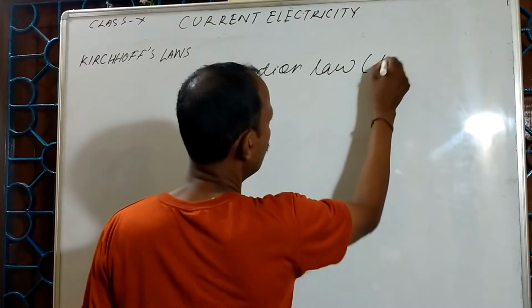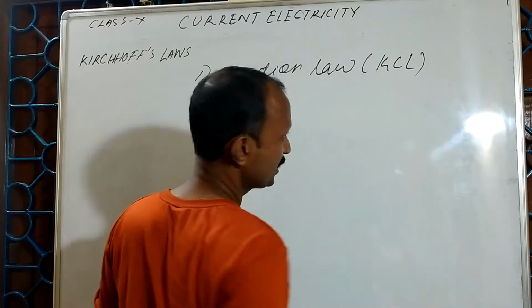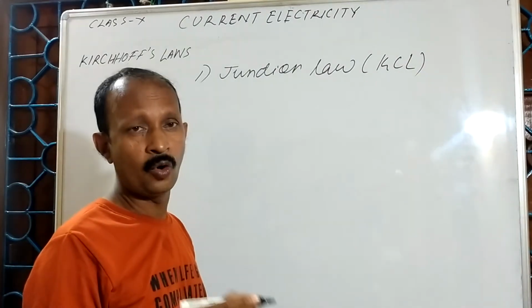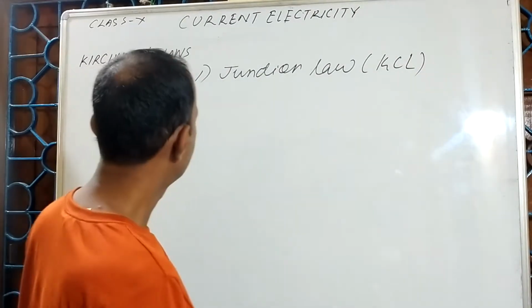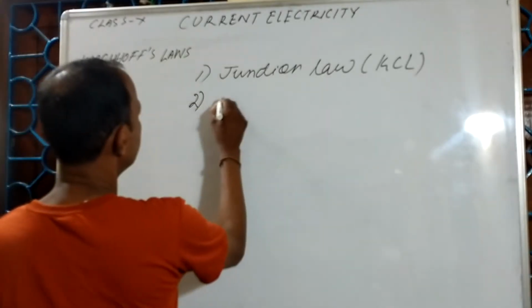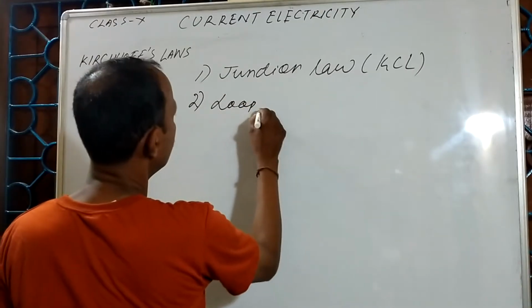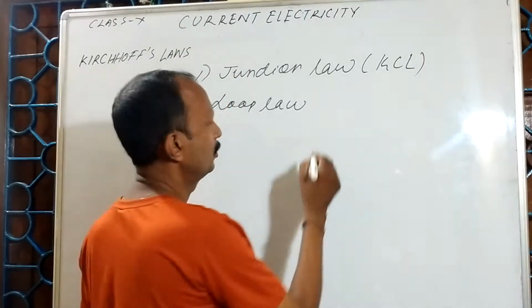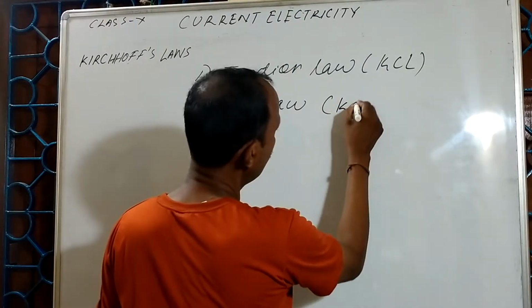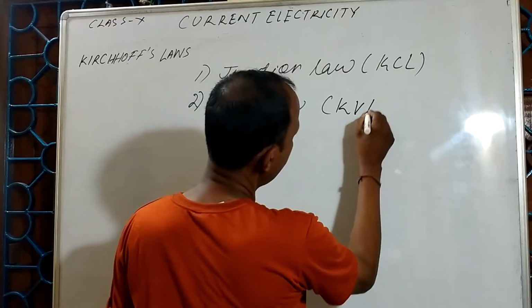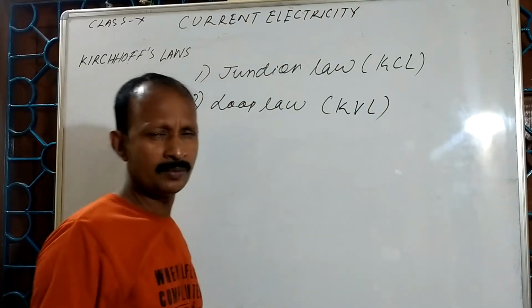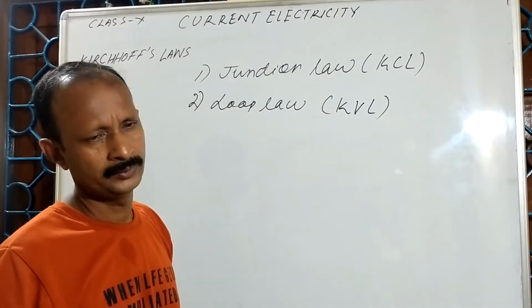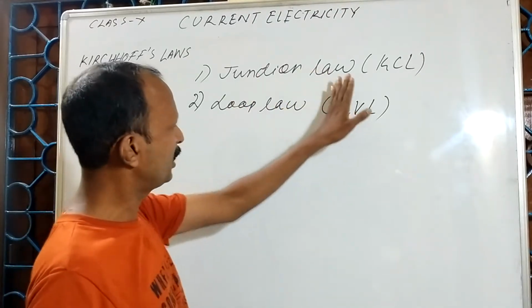It is also called KCL, Kirchhoff's current law. The second one is the loop law. This is Kirchhoff's second law. We also say KVL, Kirchhoff's voltage law. So at first I am going to explain